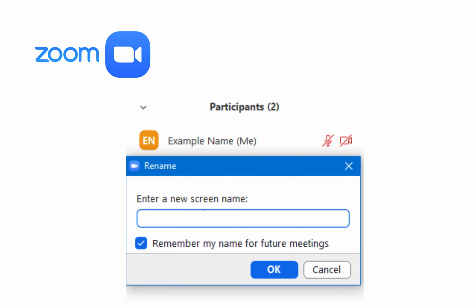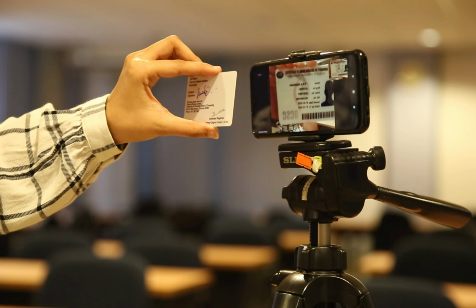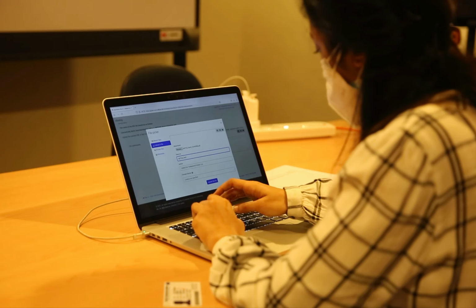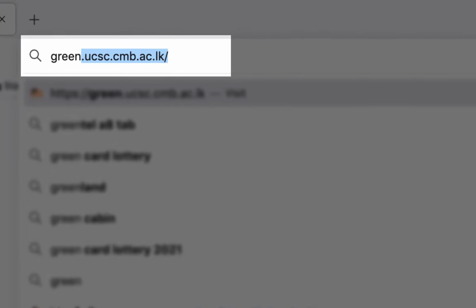Once you log into the Zoom session, you are required to rename as index number _ name with initials. If there are any students who are not ready or having issues with the environment, they will be moved to a breakout room named the staging room. The invigilator will ask you to show your ID and the printed sheets to the camera of the Zoom proctoring device. Once the verification process is over, you will be asked to log into the exam system through the URL